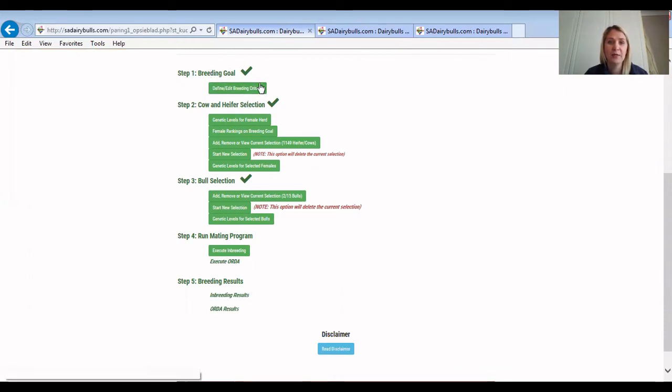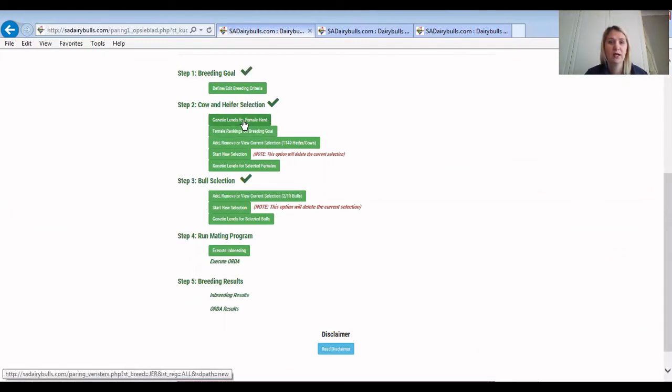The first step would be to define your breeding goal. Without a goal, we can't have a destination. So that's very important. We need to know what we want in our herd to know how we're going to get there. The first step is to do a breeding goal. You can either use the set up breeding goals, which is like this SA Net or the Holstein Selection Index, which have already been set up for you for optimal production, performance and solids. Or you can set up your own according to what's best on your herd